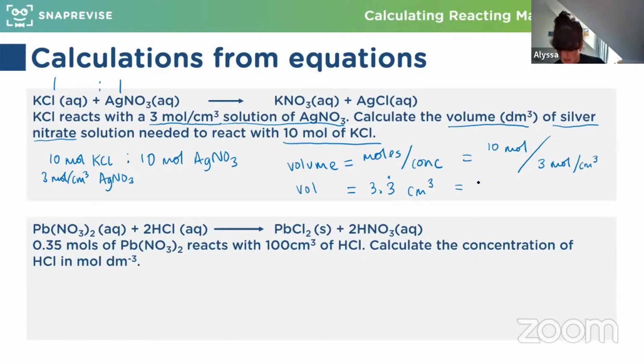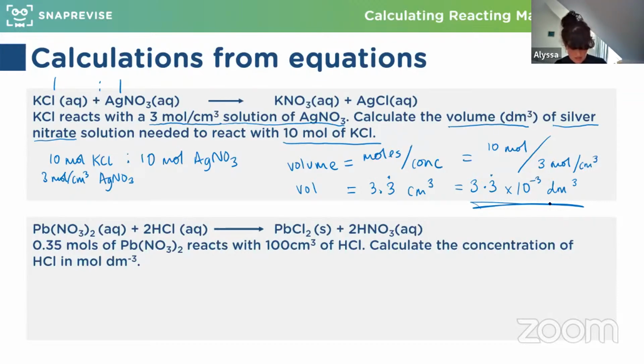So 3.3 centimeters cubed times 10 to the minus 3, or 0.12123, 0.003. So Rydell, just double check that you put your numbers in the right place, because I think it would be 0.003. So just double check that you're happy with that. Lovely. And then we've got our answer. Fantastic. Okie dokie, let me know if anyone's not happy with that. Otherwise, we'll move swiftly on to the next one.